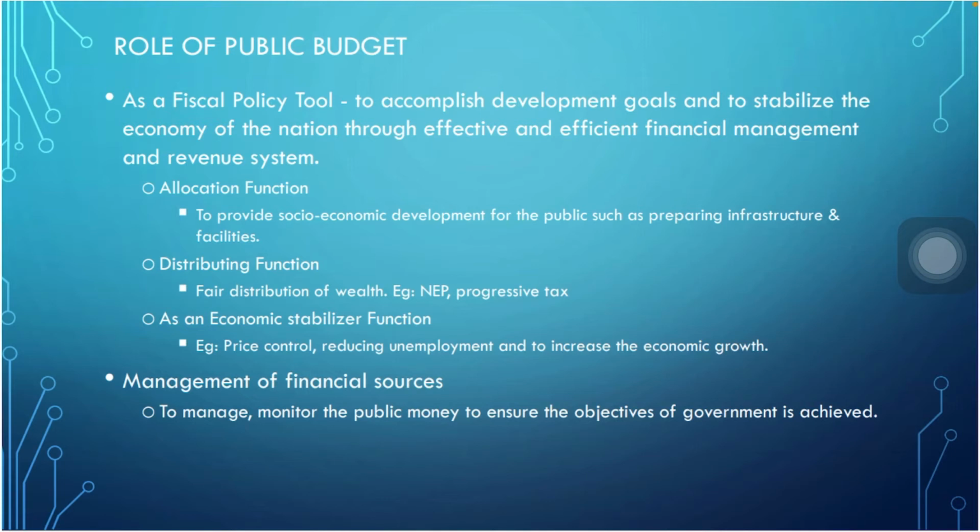Sebabnya bila all the sales and goods are being controlled, and all the small businesses semua ni they have the opportunity to create a business, and from that business they can create more job opportunity to the unemployed people. So itu kita katakan dengan stabilizer function. So fiscal policy tool, fiscal ni kita boleh katakan the supply and demand meets together.